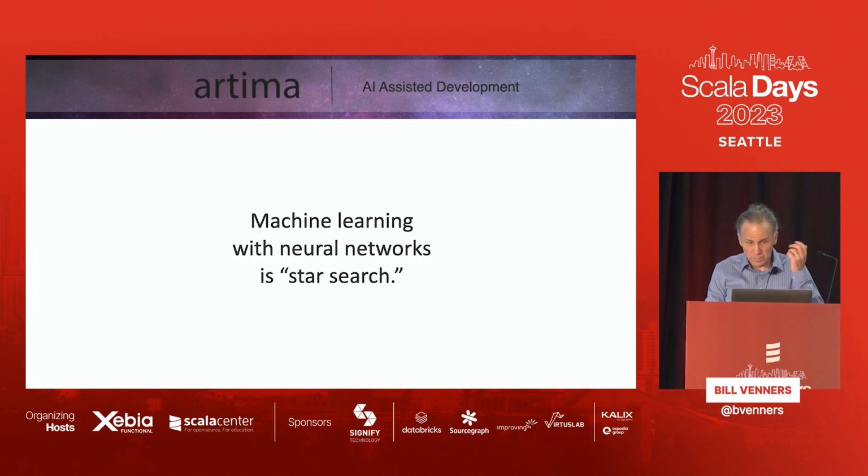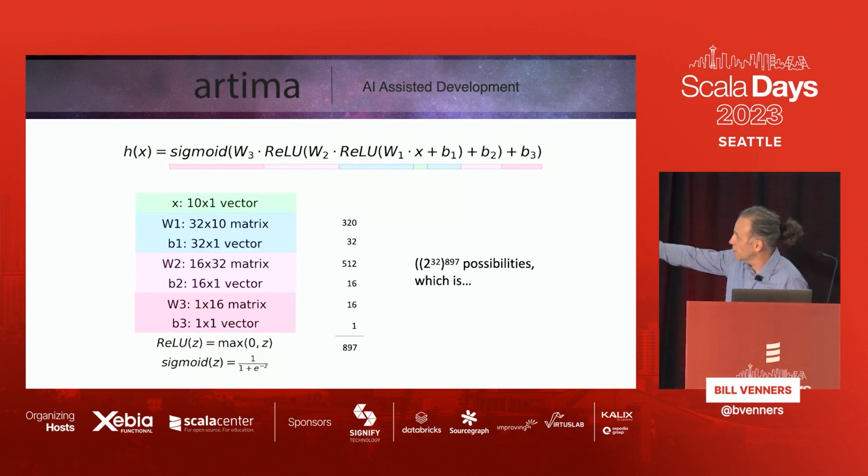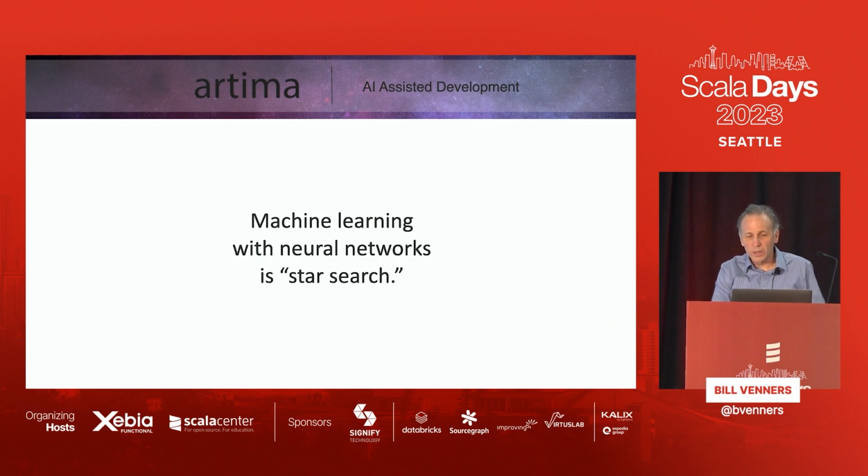So what I wanted to suggest is that machine learning is like star search. Basically, I'm looking for an algorithm. Because if I back up to this, this is an algorithm template, but all these doubles are free variables. What I'm looking for is a star where they're not free variables, that knows all 897 floats. It's actually floats in this case. So I'm looking through this universe of possible algorithms, trying to find the best one.